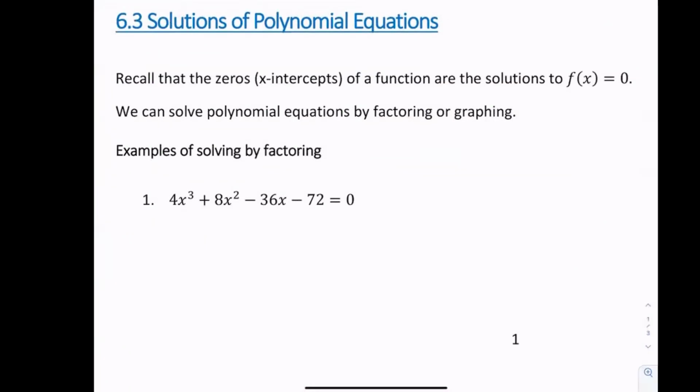Hi team, we're ready for section 6.3, solutions of polynomial equations. One thing I want you to recall is that the zeros or x-intercepts of a function are the solutions to that function set equal to 0. Remember, x-intercepts are of the form (x, 0), where y is 0. So we can solve polynomial equations by factoring or graphing,